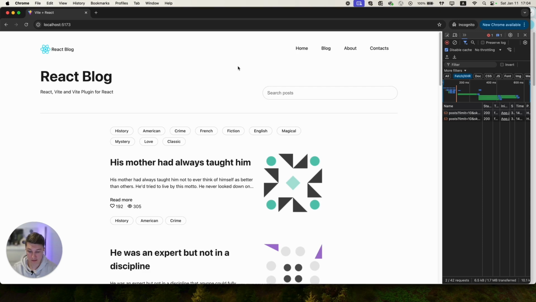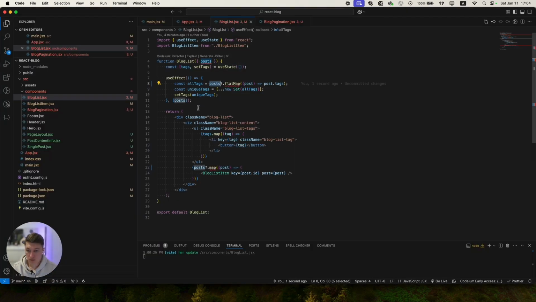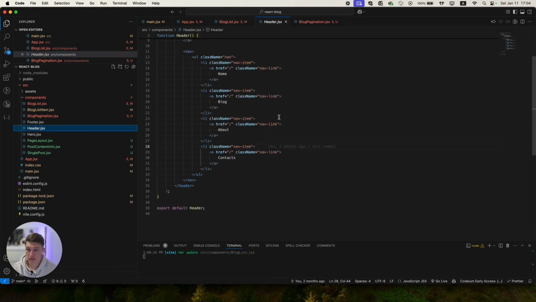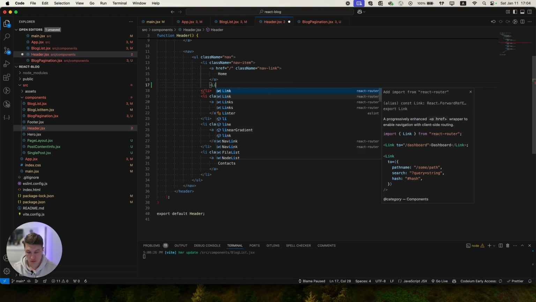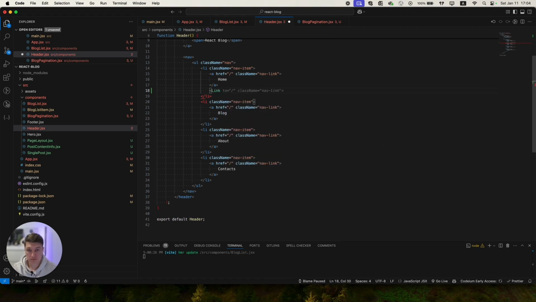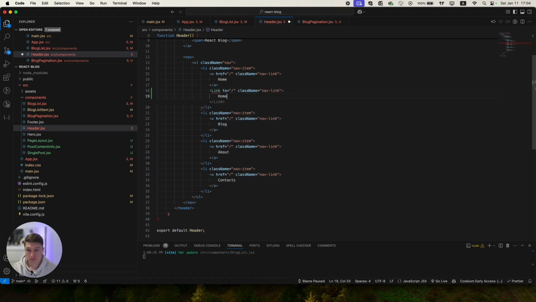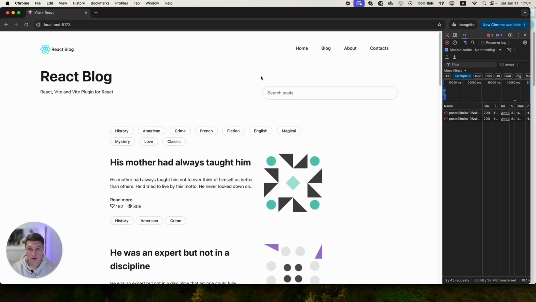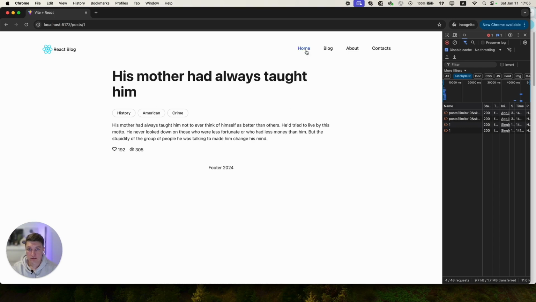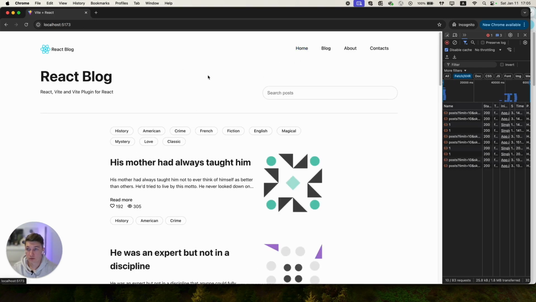We actually don't need that one, and we could go to our header, and instead of using just a tag, we could change it to link. Now let's test. We go home, and yes, as you can see, we don't have page reloading anymore.